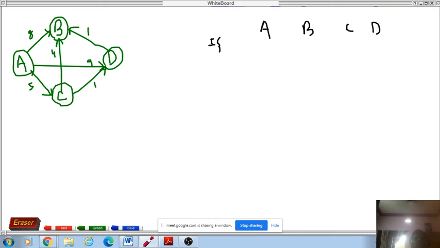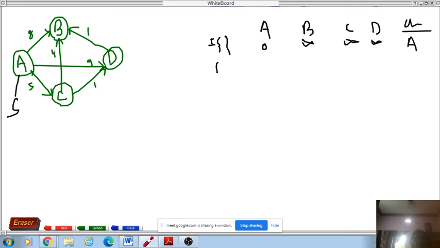So what do I have to do in initialization? Initialization says, first vertex: if A is the source, this is my source vertex, so I will consider this to be 0. All other vertices will be infinity. Which is the minimum? That is A. I am choosing this. I have already shown this in the previous diagram, the table.